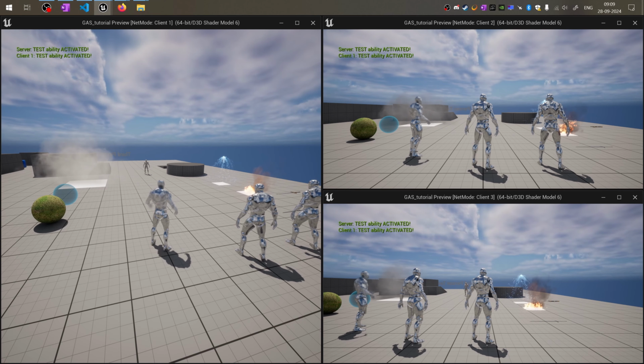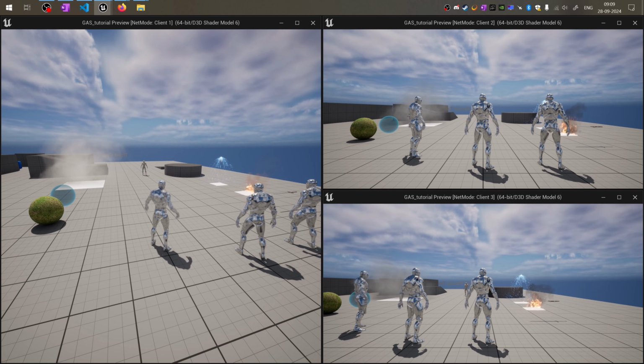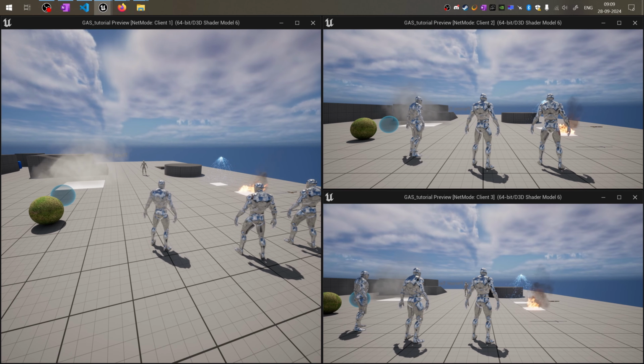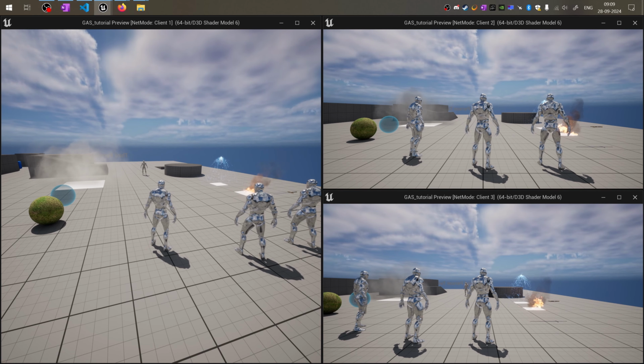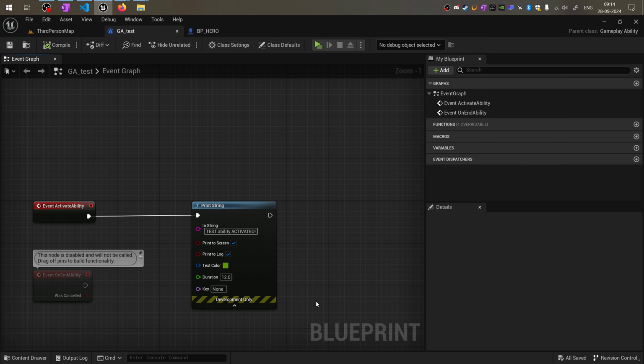And even if I'm pressing my left mouse button over and over again, so technically a gameplay ability executes on the owning client as well as the server, and not on the simulated proxies, that is the other clients in that session. So our ability did not activate again because GAS thinks our ability is still active,